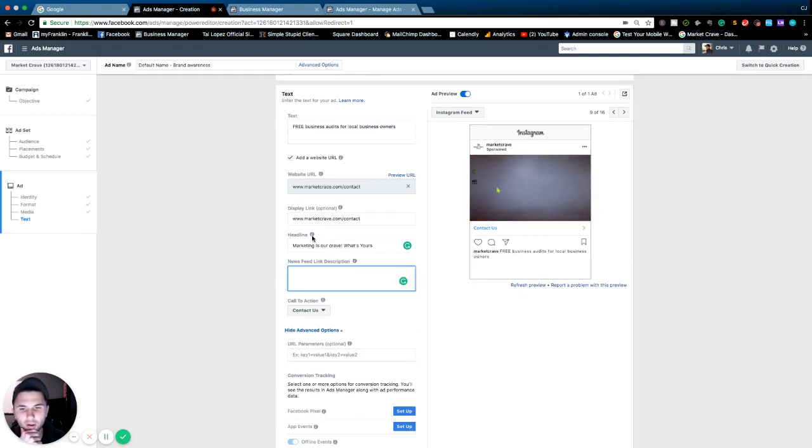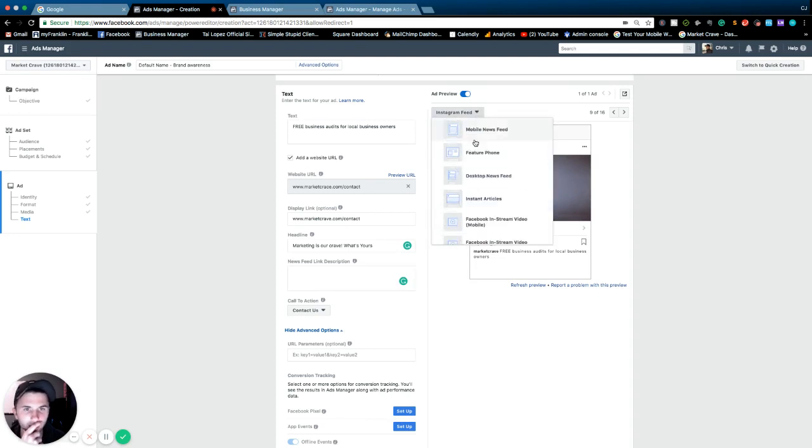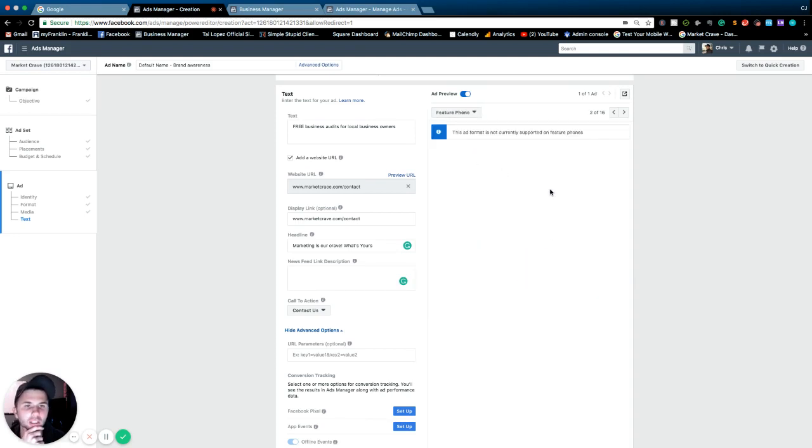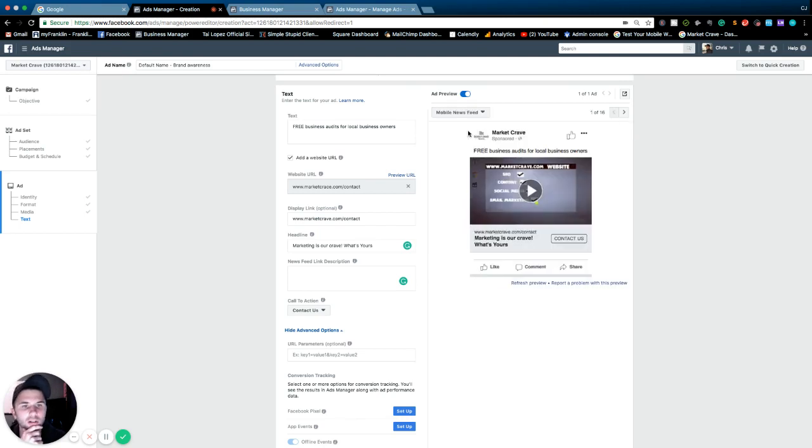And you can always hover over these to get a little bit more in depth. Add additional text to emphasize why people should visit your website. This won't appear in all placements, so keep that in mind. Let's go back and make sure that on the featured phone, of course, it says free business audits for local business owners, marketing is our crave, what's yours? And as you can see here, marketcrave.com/contact. Now this is optional, so if I wanted to take this away,